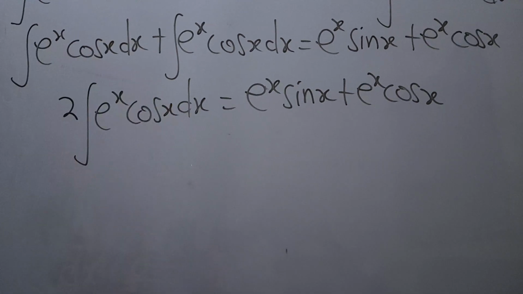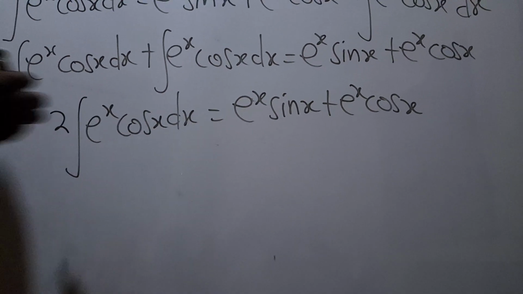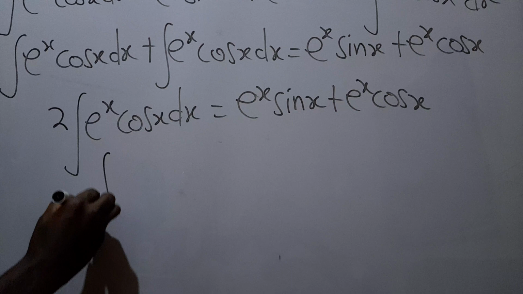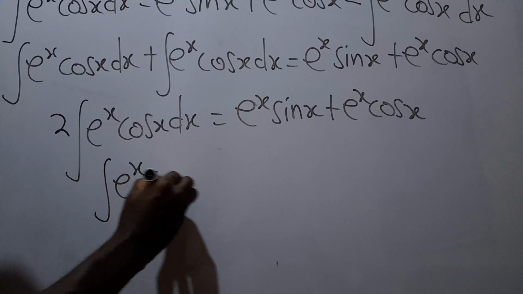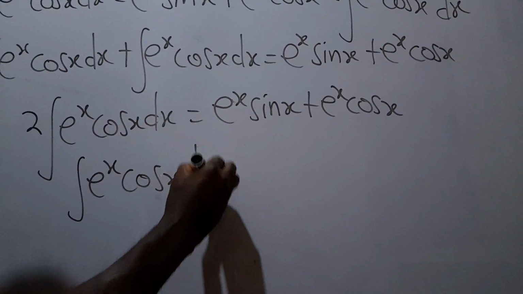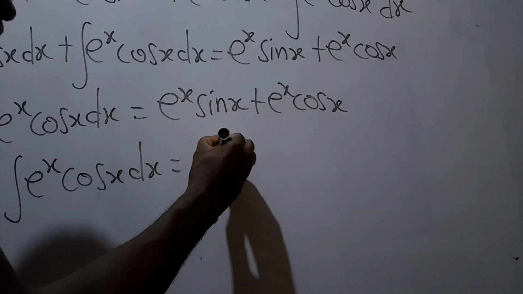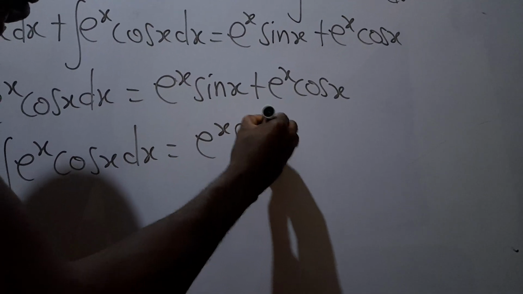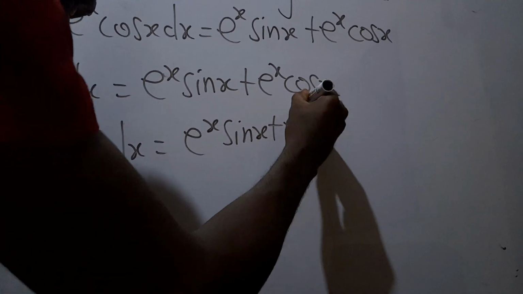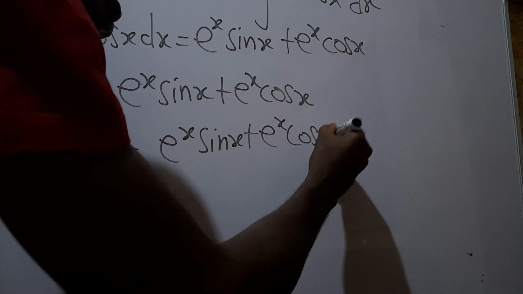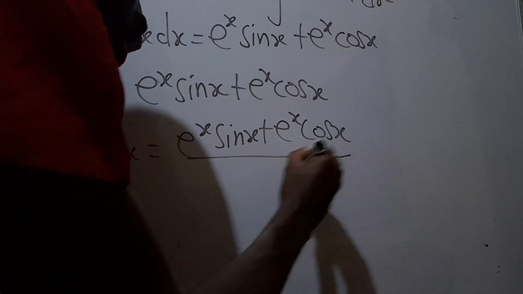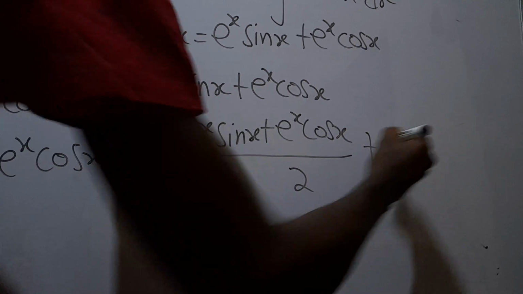Then we divide both sides by 2, then we'll get our integral. When we divide both sides by 2, we'll get the integral of e^s cos s ds will be equal to e^s sin s plus e^s cos s all over 2, then plus our constant,